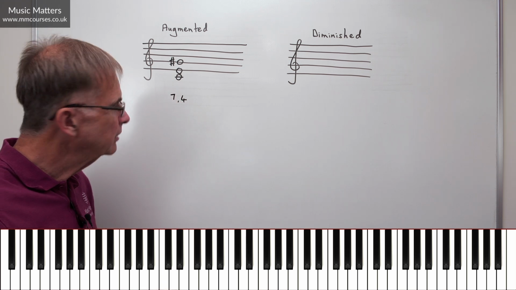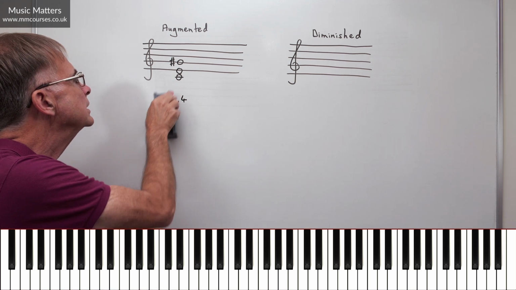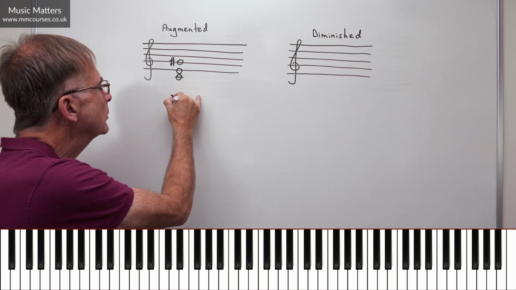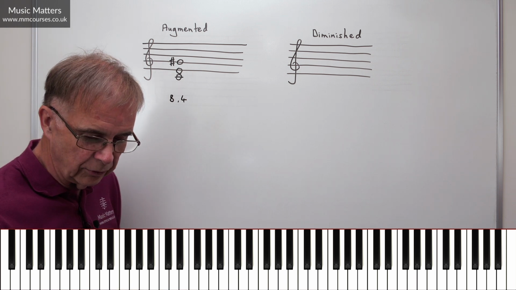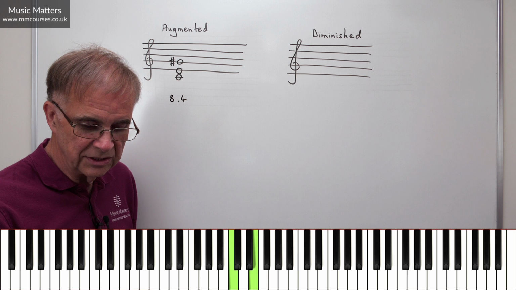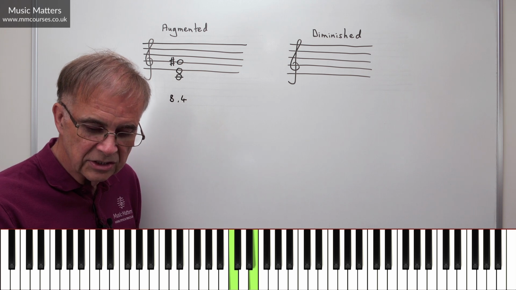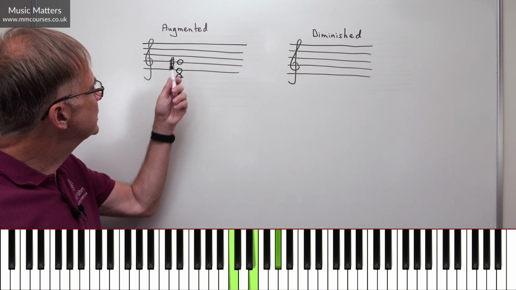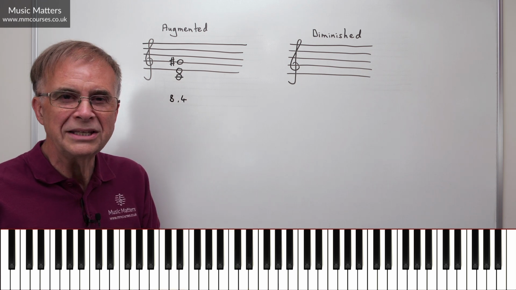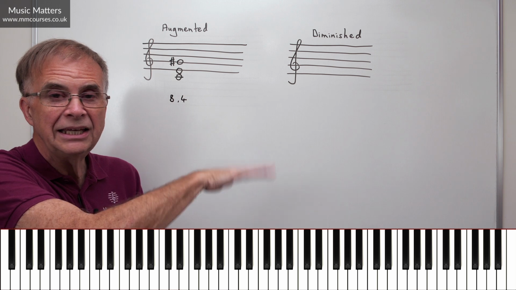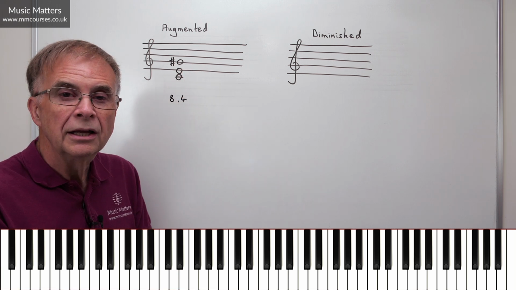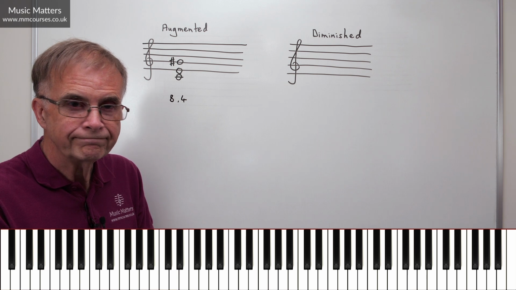And of course, following on from the logic of counting in semitones or half steps, you'll see that that will now be 8 and 4. If I start with the C, 1, 2, 3, 4 takes me to the E, 5, 6, 7, 8 takes me to the G sharp. So that gives me an augmented triad, and any of those methods we've just discussed will give you the notes that you need for an augmented triad.